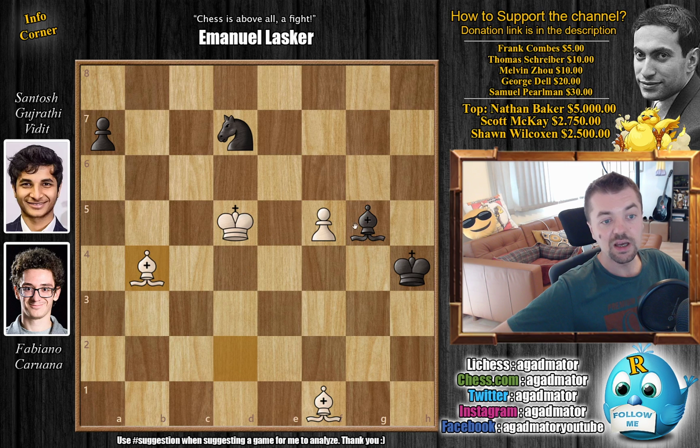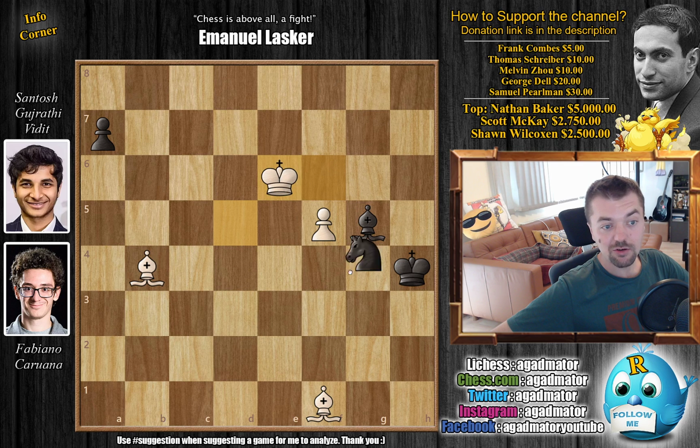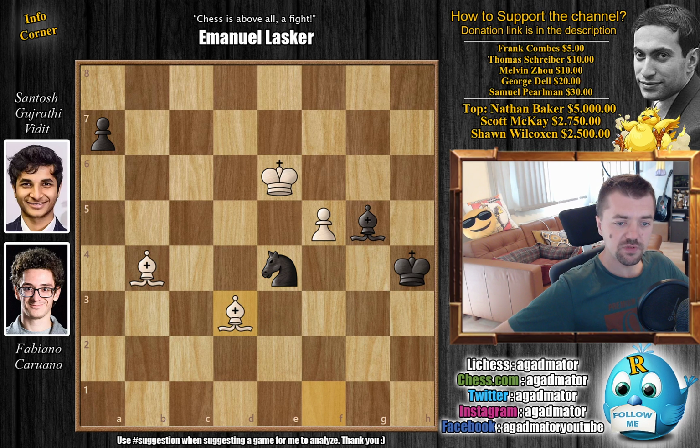bishop back to b4. And knight to f6 with check. We have king to e6, and now knight to e4. And here Fabi plays bishop to d3, and we reach sort of a critical moment of the game where Vidit